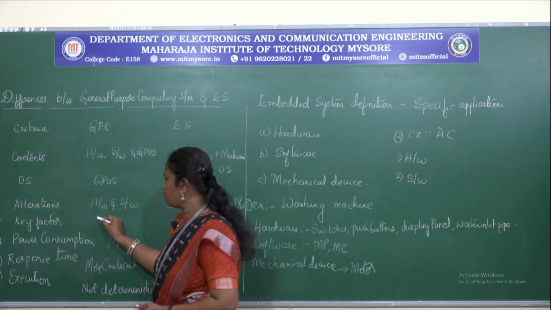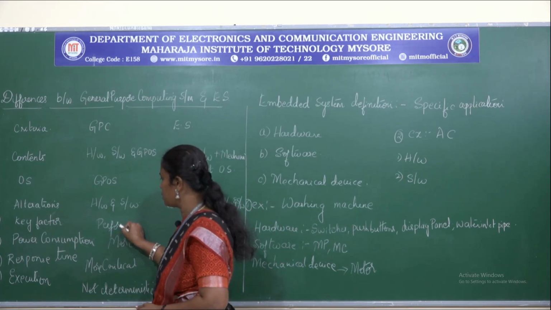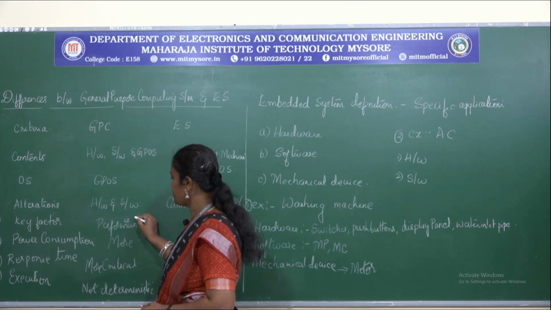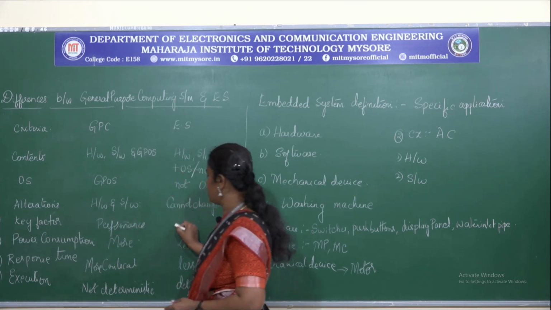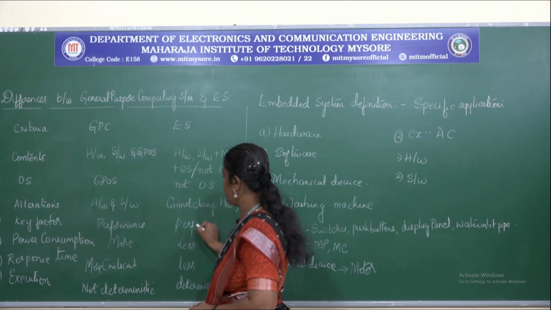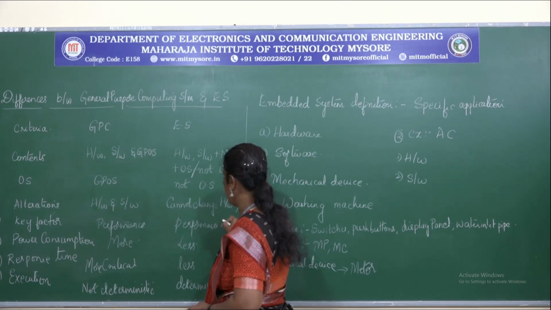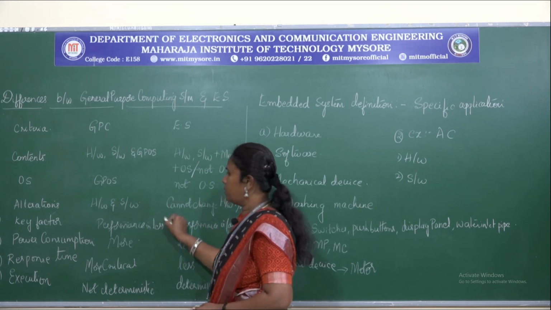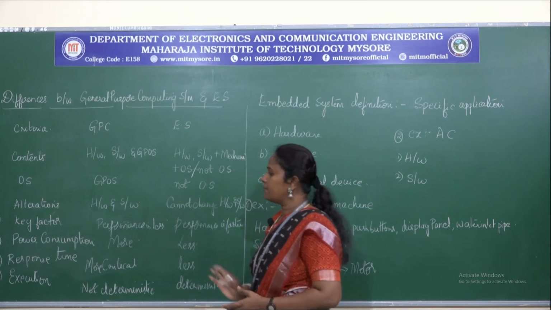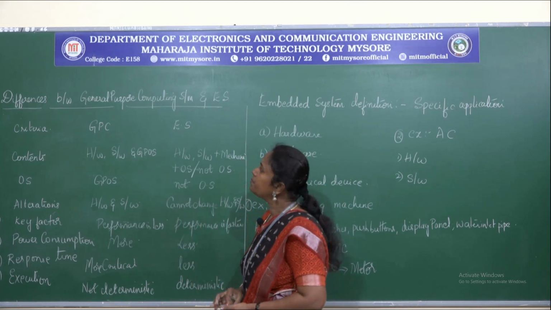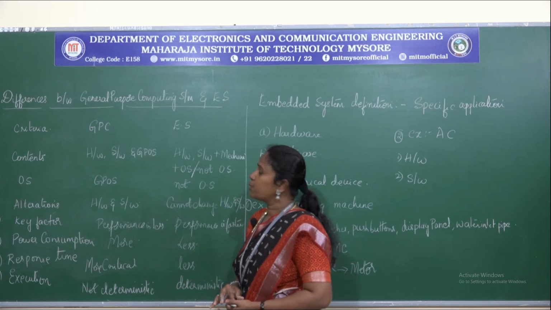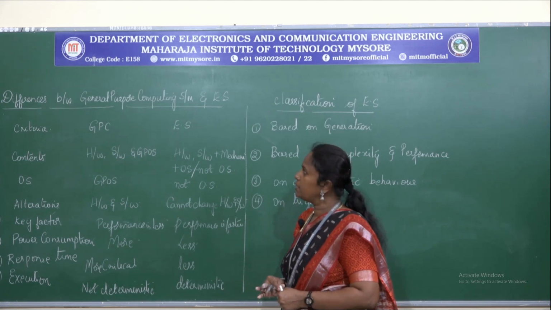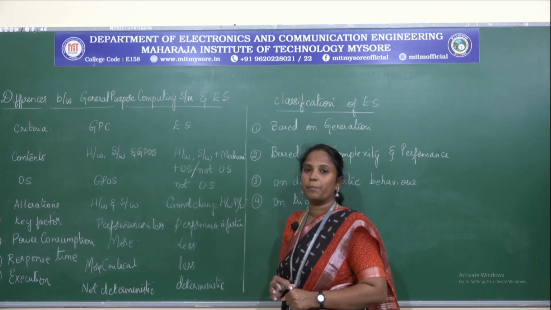In the key factor, as I told, it is its performance, like what is its speed, its accuracy level. So performance here is faster. These are the criteria on which we are going to classify your general purpose computing system with respect to your embedded system. After knowing the differences between a general purpose computing system and an embedded system,